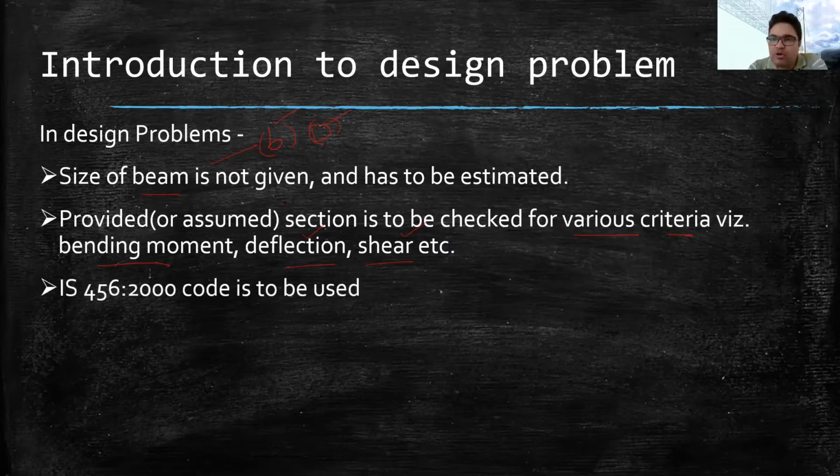And in the design problem, while designing the beam or any section, generally we use the Indian standard code. So now we are designing concrete structures, so for concrete structures, we will follow this IS code, which is IS 456-2000. So IS stands for Indian Standard, and 456 is the serial number of the IS code, and 2000 is the year. It was last revised in this year. So that is how we read this IS code.